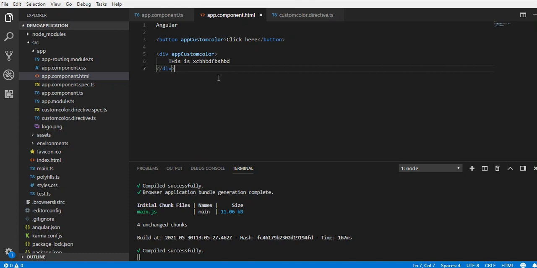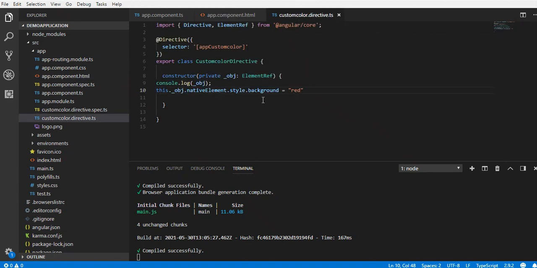In the next tutorial, I am going to continue this example, and we will add one directive where we will look into event handling like mouse over, keyboard key up, key down, or button click events, or you can trigger the button click event from the component. That will be very important in terms of interviews and practical knowledge.